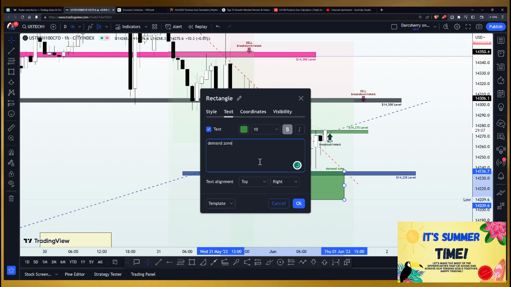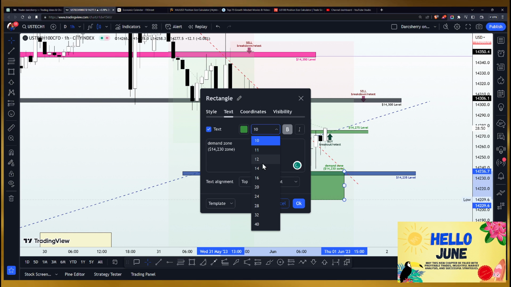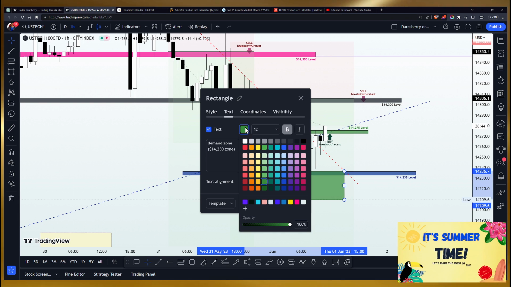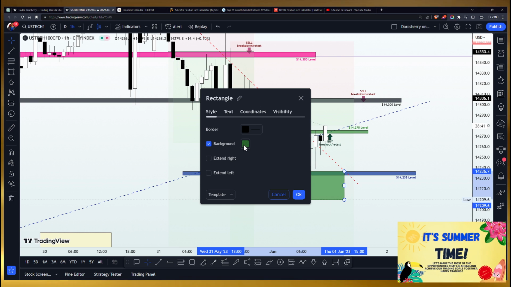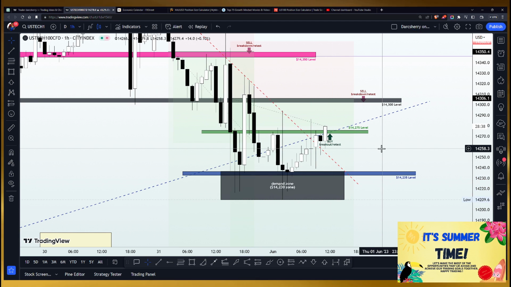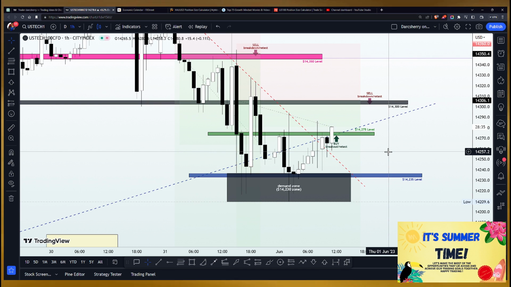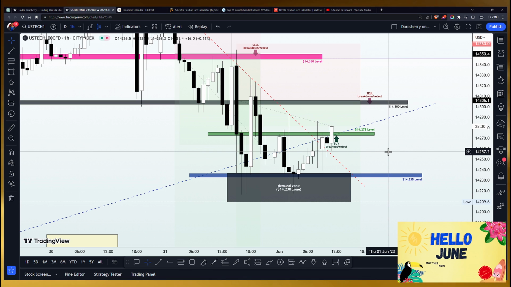So we have a demand zone here situated at around that 14,230 area. So let's call it $14,230 zone. Okay. And then let's place this right inside the box. Let's make it a little bit bigger than what it is and place it right inside the box, and we give it a white color. And then let's make it a little bit darker. All right, so we now have a new demand zone at this point at the 14,230, which is going to be a temporary one in the meantime, unless we start seeing an engulfing candle springing out of this current structure.